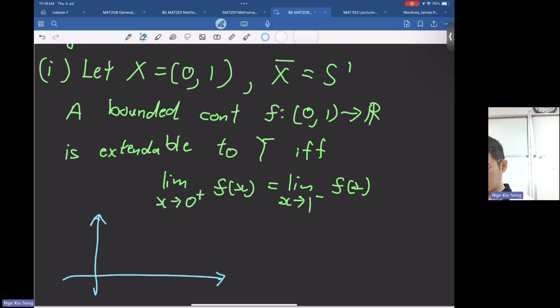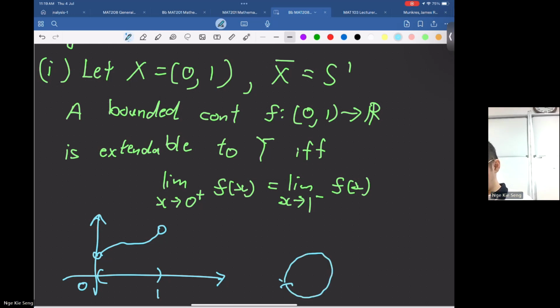Let's say I have 0, 1. I have a function that looks like this. Make sense? But we are going to bring our 0 and 1 together. So you can think of our function as working at the top here. So if these two limit points are different,